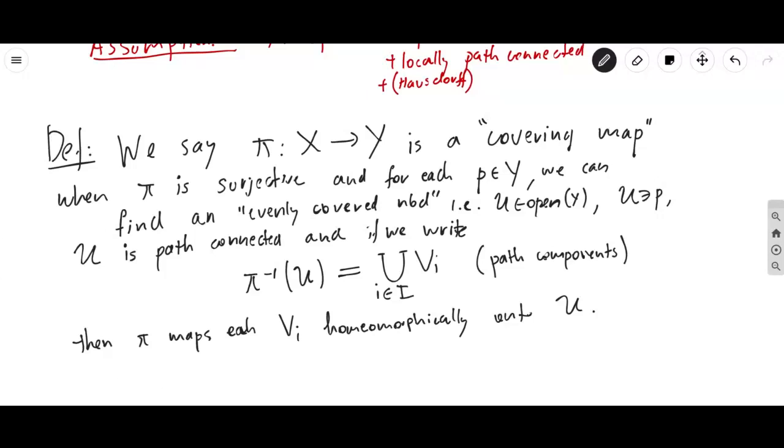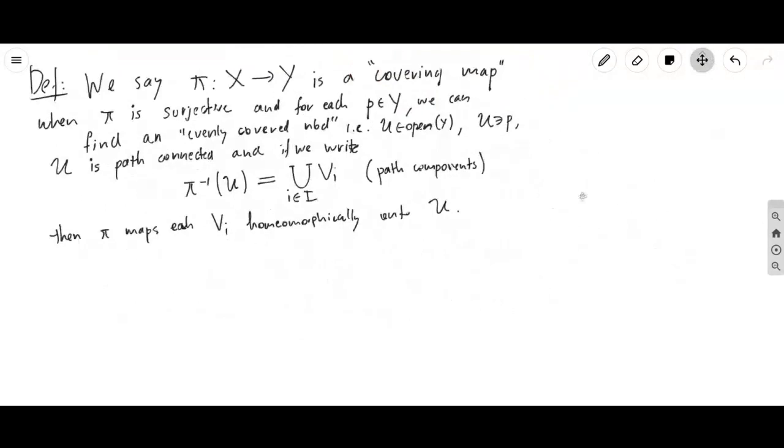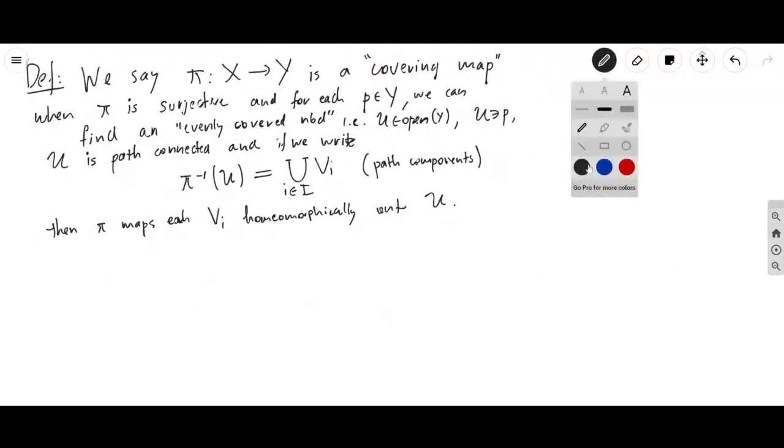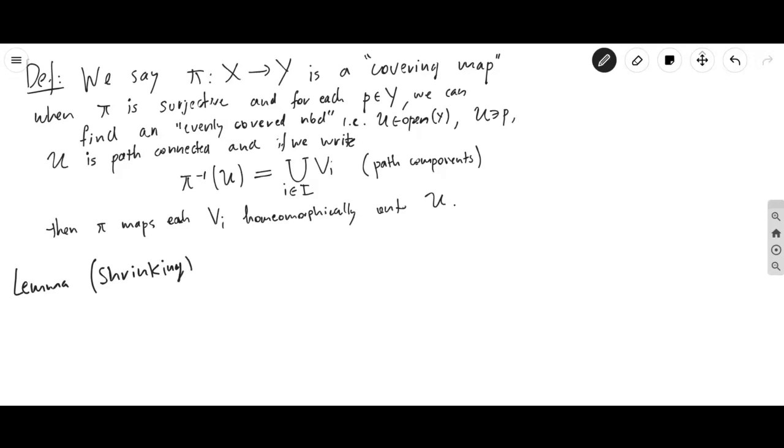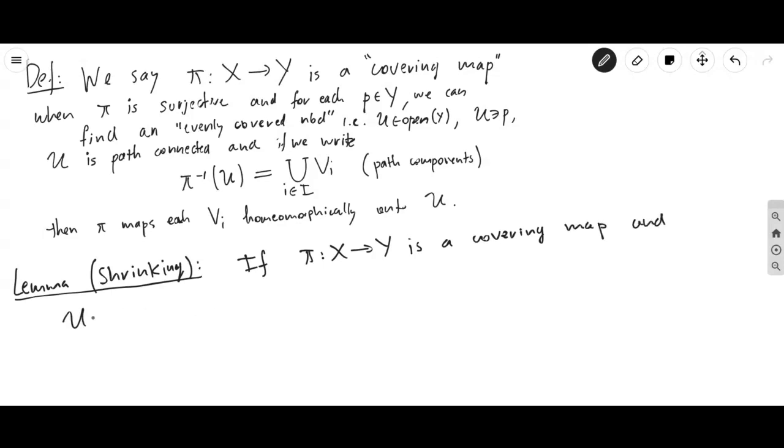So let's maybe write down a very simple lemma that we'll use. We're going to talk about some properties that covering maps have. So let's begin with a lemma. For lack of a better name, I'm going to call this the shrinking lemma, as you will see. So the lemma says this, that if pi from X to Y is a covering map, and U in Y is evenly covered,